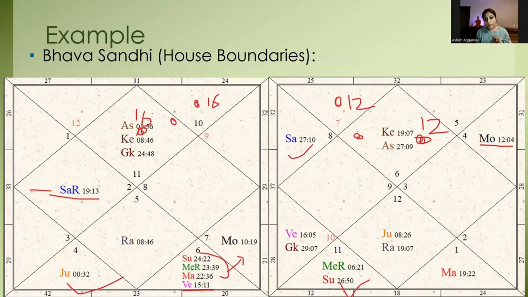When we see Jupiter at 8 degrees, it will definitely come to our mind that Jupiter is now giving results as the seventh lord in the seventh house, that we are giving the result of the seventh lord in the sixth house. So always counter question for anything when we get stuck between such tricky degrees.